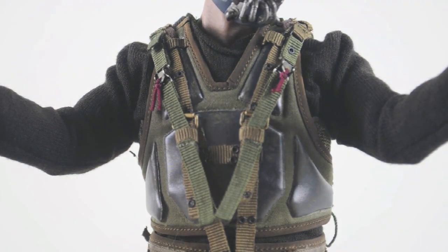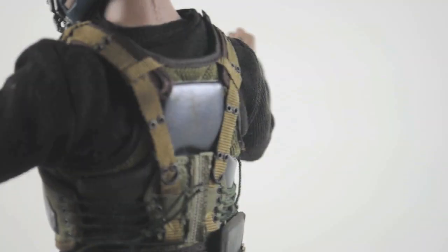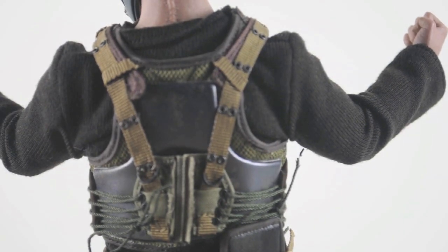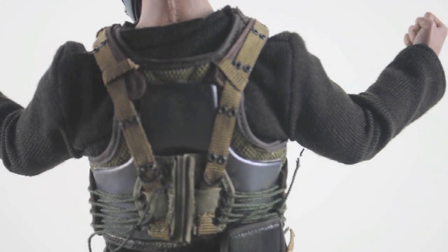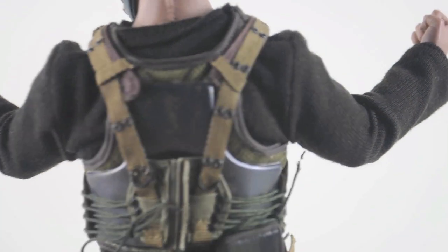There have been complaints again about the coloring of his vest. I think it's pretty spot on. I think the green might be a little bit off, but besides that, it works very well, and you're not going to say that this is not Bane. It definitely is Bane. The straps here, there are just so many little details, so many little pieces that Hot Toys